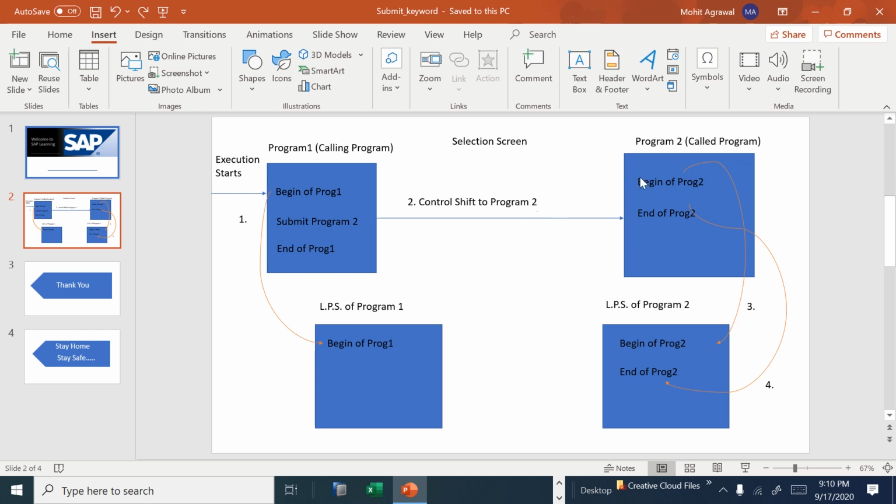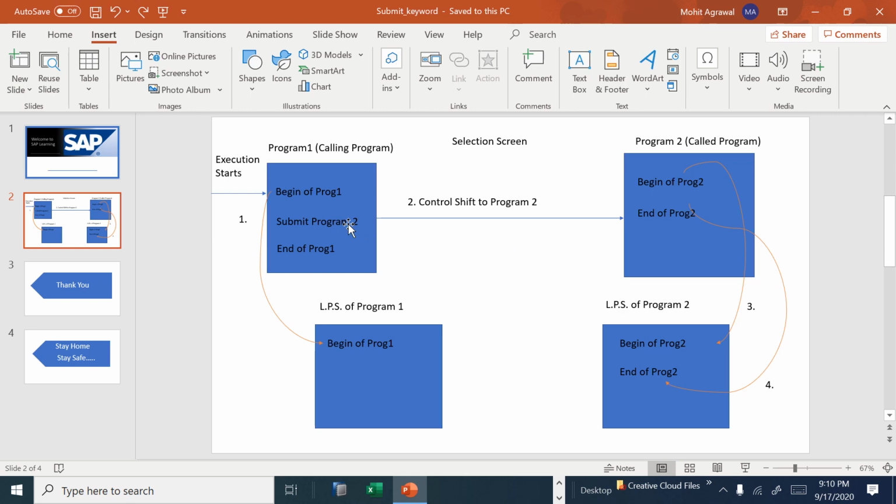There we have written "begin of program 2" and "end of program 2", so now we have the list or output screen of a different program. It will give all the output as it is. When it is executing, the control will be only up to that program. It will not move back to my first calling program.